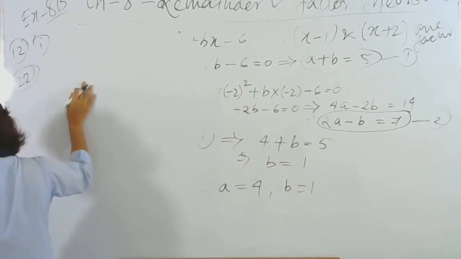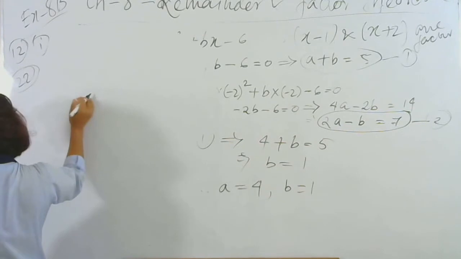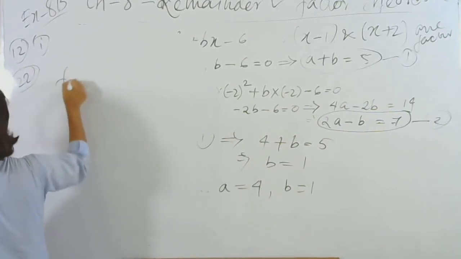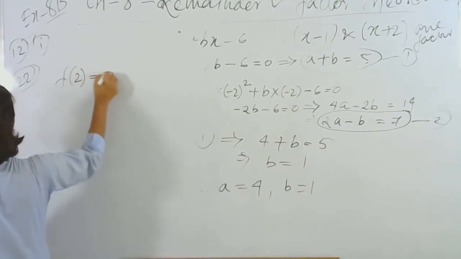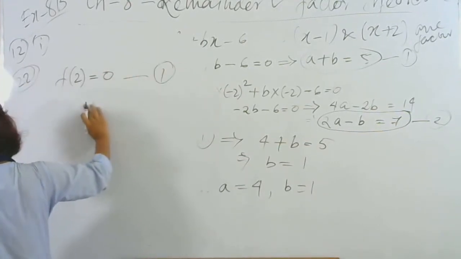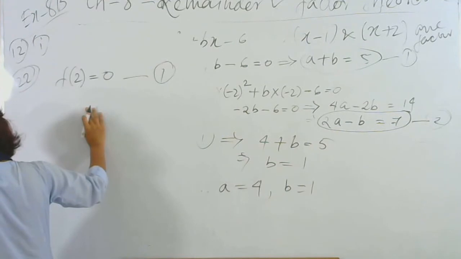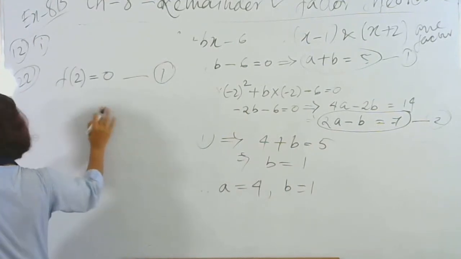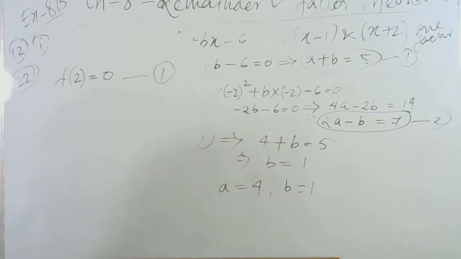They said x minus 2 is a factor. So when x minus 2 is a factor, it means f of 2 must be equal to 0. So from here, calculating like that, I'll get one equation. Then the other equation you'll get when the expression is divided by x minus 3. It leaves remainder 52. So when the same equation is divided by x minus 3, the remainder is 52.